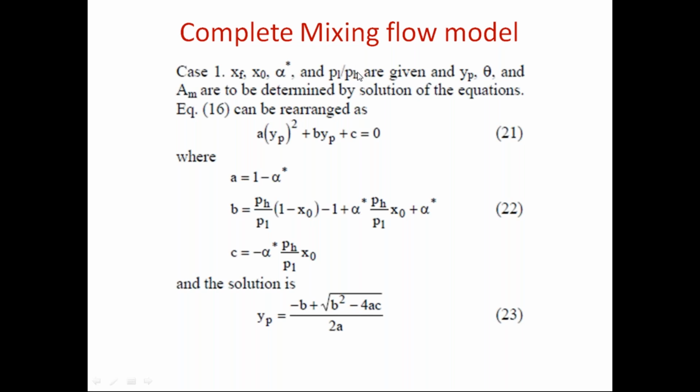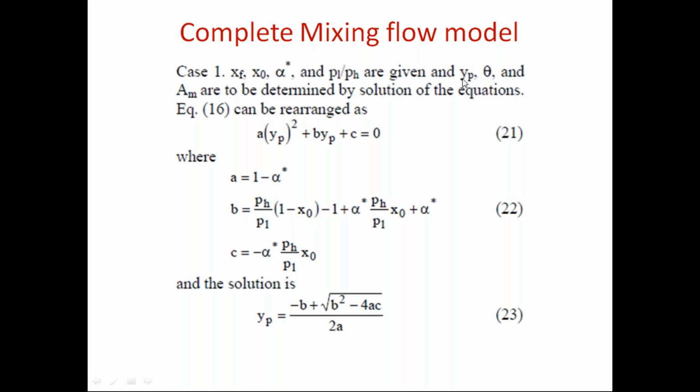This is the low pressure by high pressure. This is the operating conditions, and this is the system condition. These are the given system again, and this is the specification in the operation. So if you know XF, X0, alpha star, and PL by PH, and if you know that,